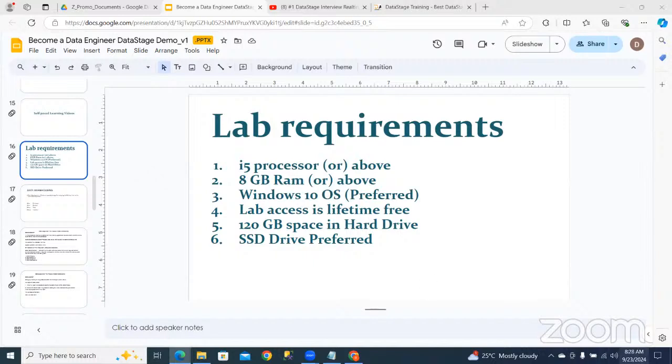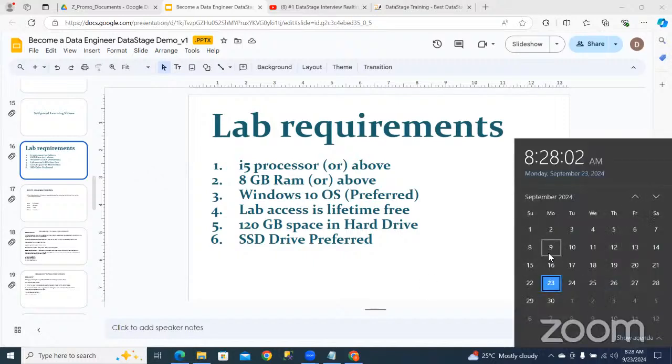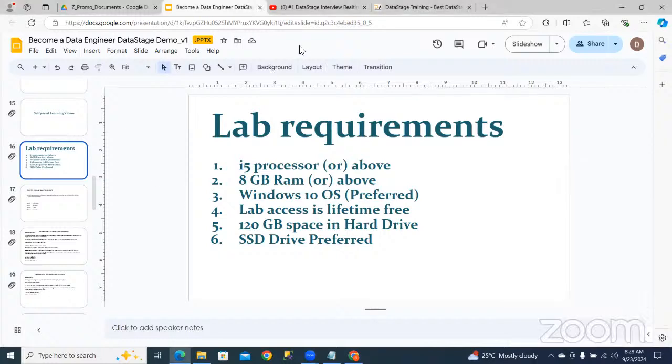Today is the demo, and tomorrow onwards we'll start the data warehousing concepts, and the day after tomorrow, and on the 26th and 27th we'll have the theoretical classes. By next Monday, you have to be ready with the VM. Okay, then we have one week, so I will upgrade this week. That's okay for me. What about others?